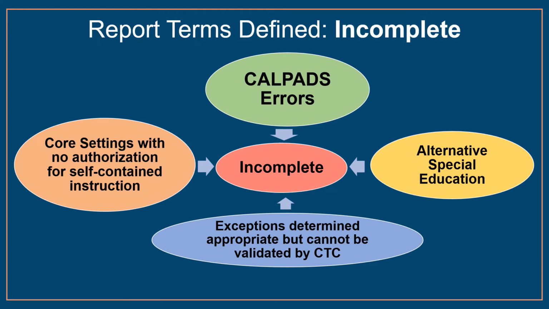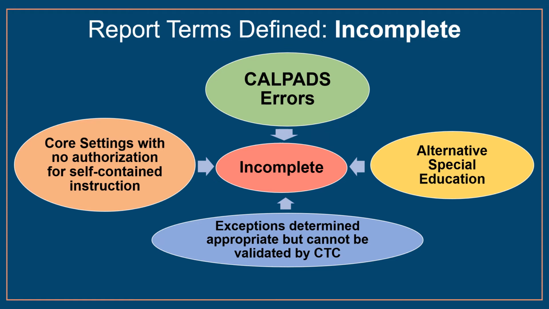Incomplete. An assignment monitoring outcome of incomplete primarily indicates that missing or incorrect information about the assignment was reported to CalPADS by the LEA, which prevented a complete and accurate determination of the assignment authorization during the CTC assignment monitoring process. Determinations in CalSAAS that would receive an incomplete status include CalPADS errors, exceptions for educators that have been determined